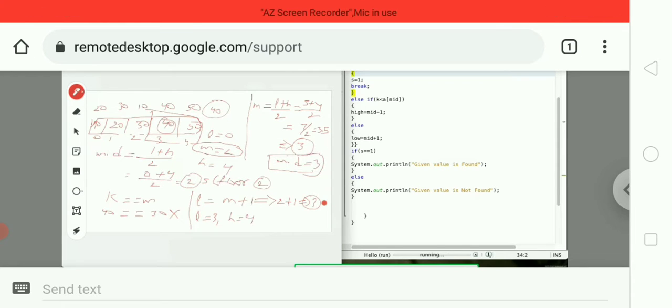Now we have to check whether the mid value and key value are equal or not. So our key value is 40 and our mid position is 3, and in the third position we have the value 40. That means here both are equal. So in this way we can find the value which we would like to find. So this is the concept of binary search. By using low value, high value and mid values only, we can find the elements in this concept. Now let us implement a small program using this concept.